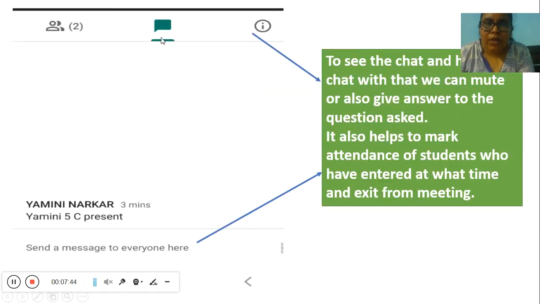Here it is about the chat box, in which when you are typing anything, like we take it for presenting the attendance of the students. Yes, you can enter your answers when the teacher is asking anything, or the teacher wants to speak with the students with video conference or with online teaching. At that time they can use the chat box also.